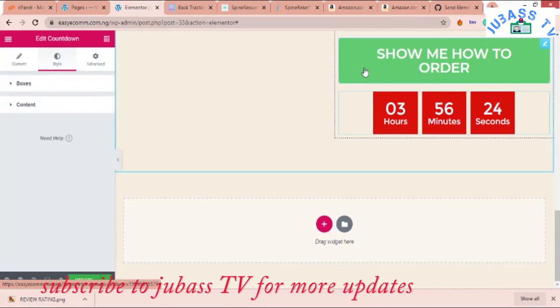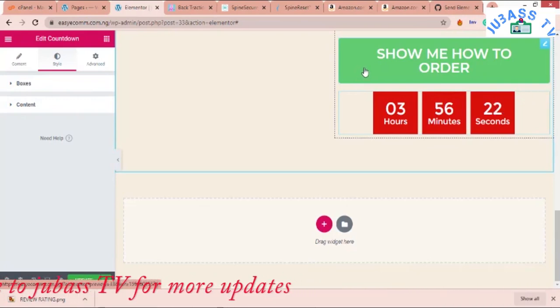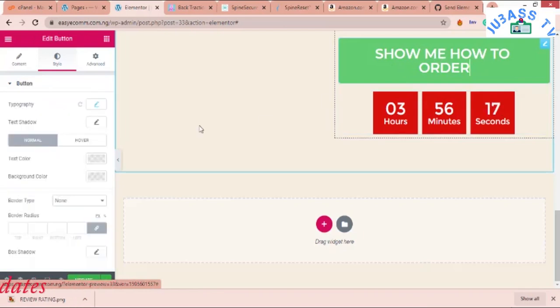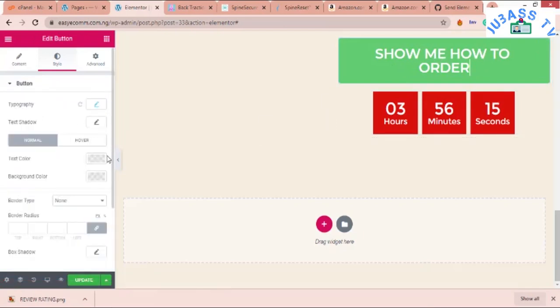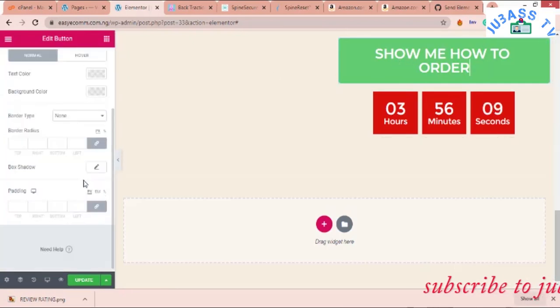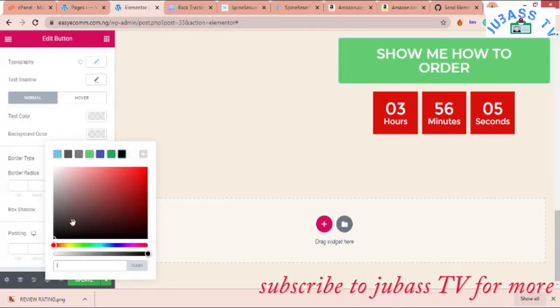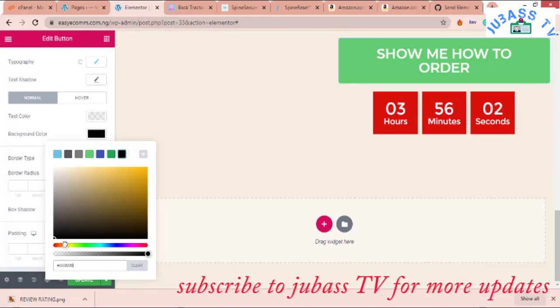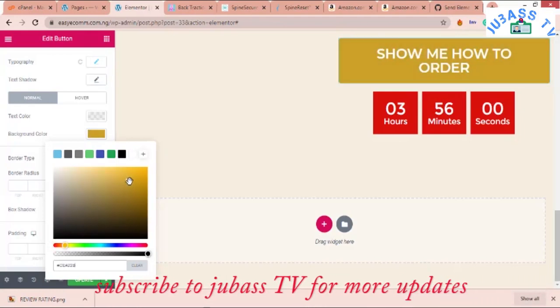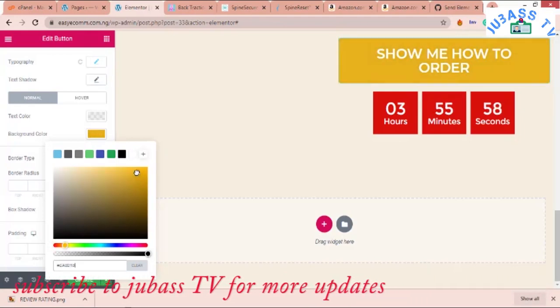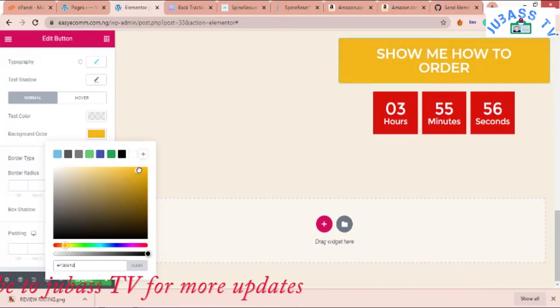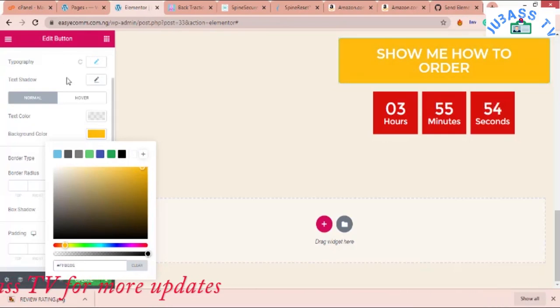You can change this to yellow if you want. So just right click on this button here, and you see it's just purple. So we want the background color of the button to be something else other than green. So it's currently green now. Let's say we want it to be yellow. We click on yellow. Then you have this bright yellow